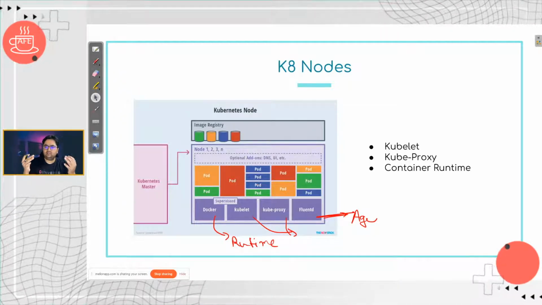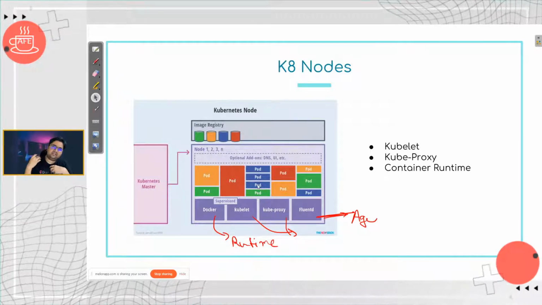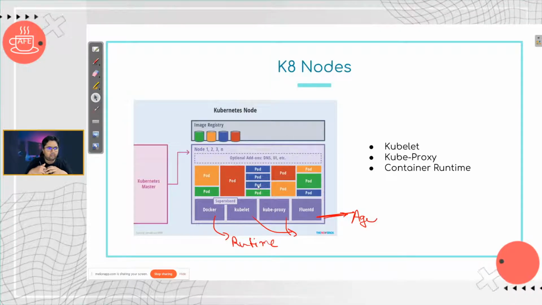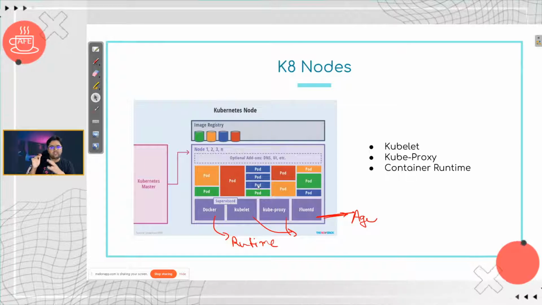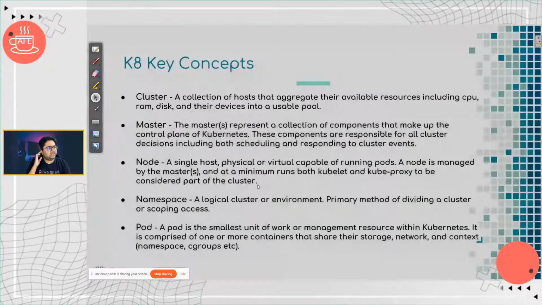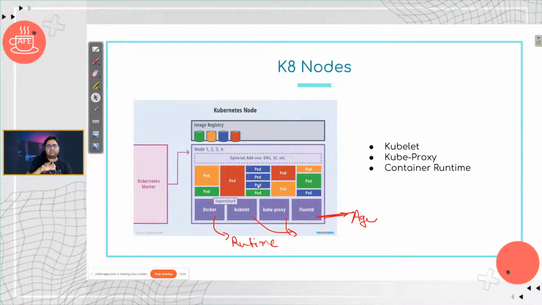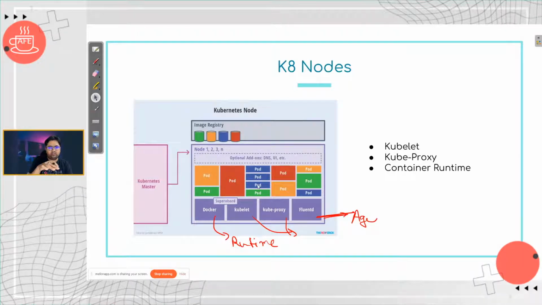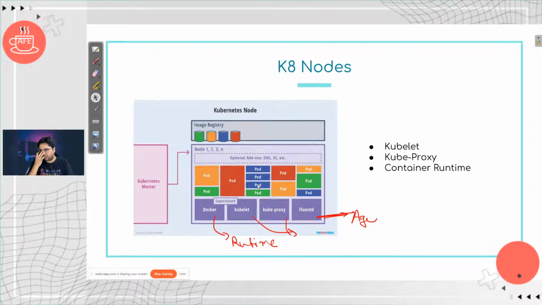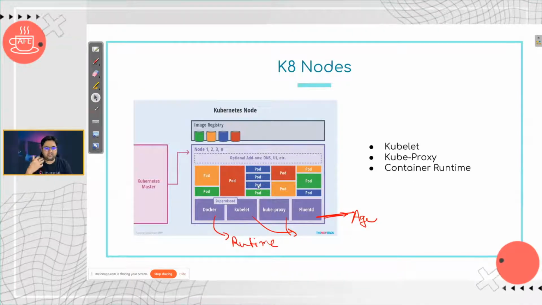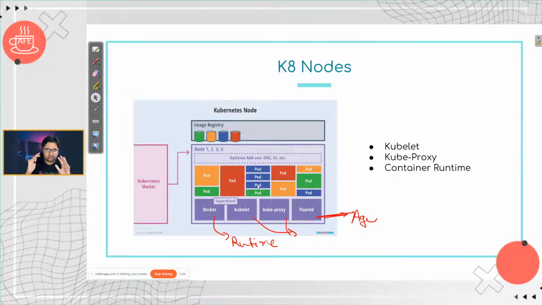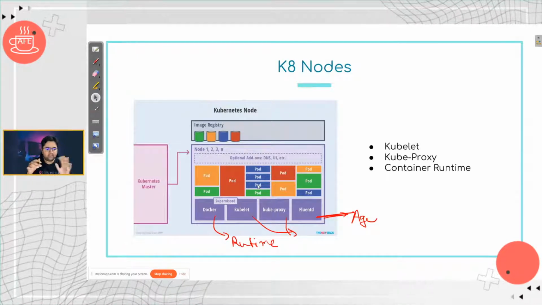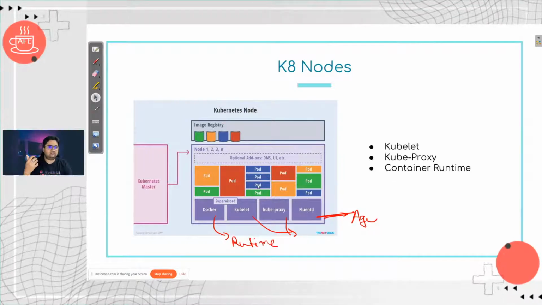Pods are basically containers running inside. Theoretically, one pod can have multiple containers, but usually the practice is one container per pod in most cases. So whenever a new deployment has to happen, Kubernetes would typically take it from the image registry, put it inside the pod, and the pod will just expose the IP and route it through Kubernetes somehow using the networking, right? It's not a very straightforward setup, but we'll look at that probably in the next live stream when I set up a cluster from scratch. We'll try to create a whole cluster on cloud absolutely from scratch. So let's just watch out for the next session.